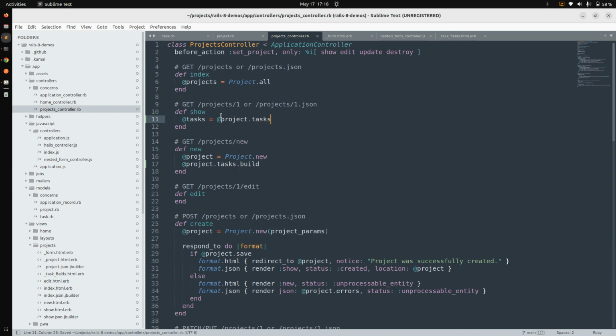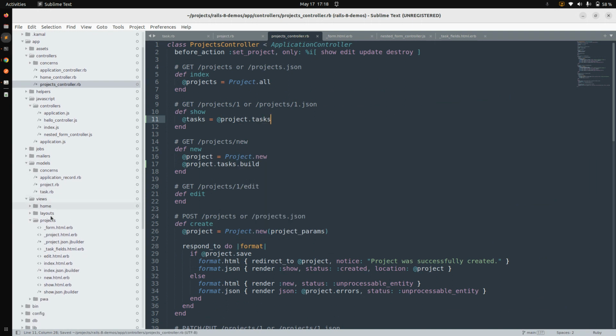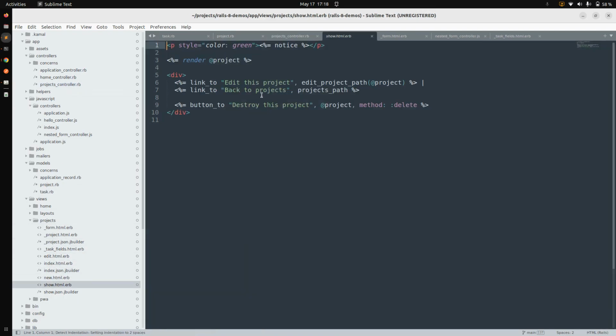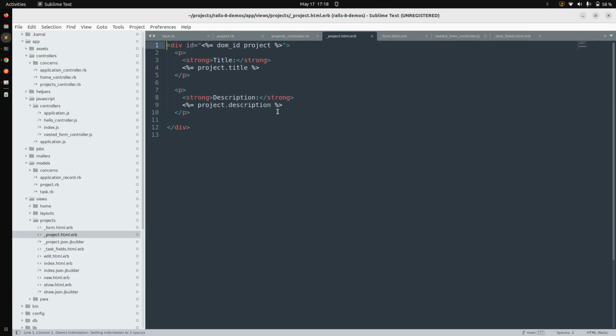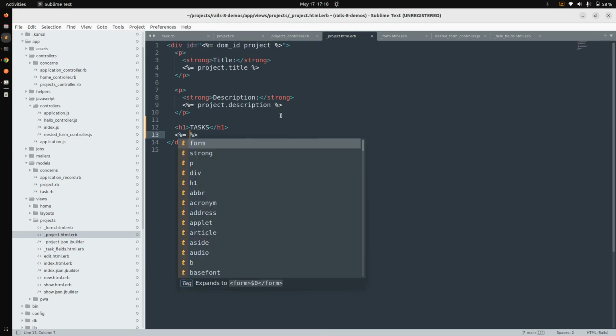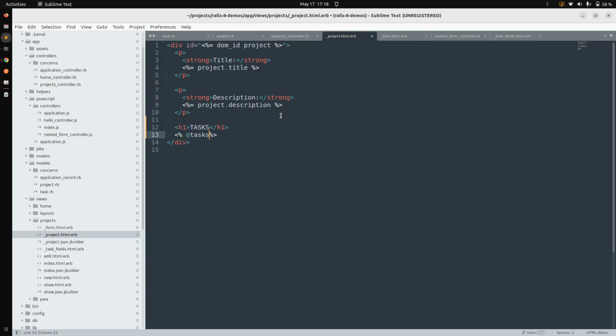Okay, and then go to the show template, I mean in the render project, here let's say for example h1 tasks, and here you can do at the rate tasks dot,